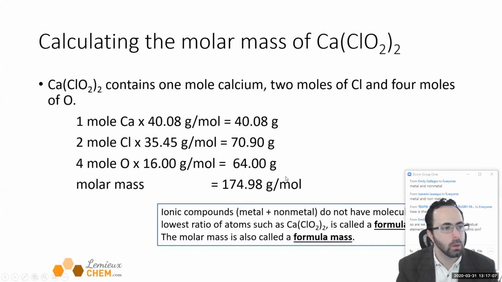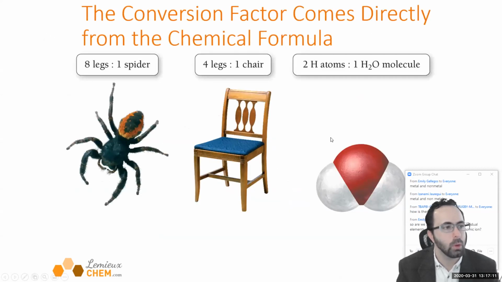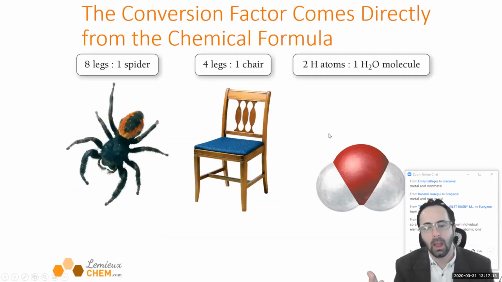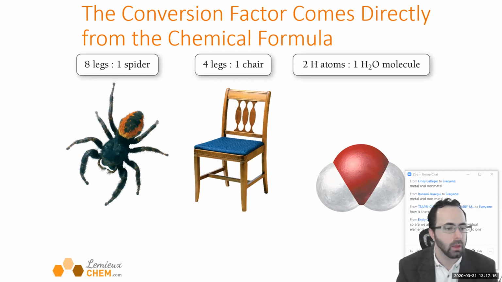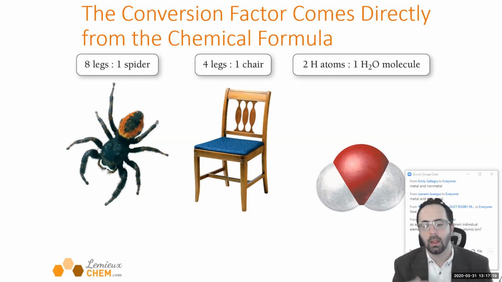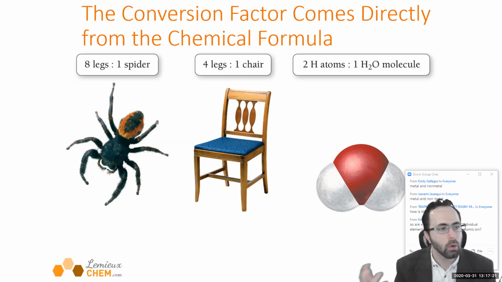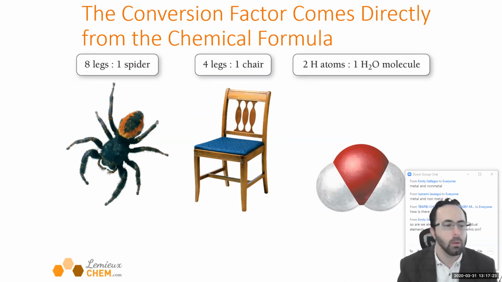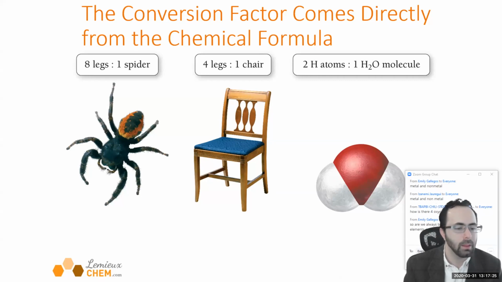But there's one thing I want to point out, and it has to do with counting atoms. A lot of the time we want to know how many atoms are in one particular thing. And so we need to make a relationship between how many of the molecule, the formula unit, we have, and how many of a particular atom are in this. That's going to serve as a conversion factor for us. So, for example, with the spider here,